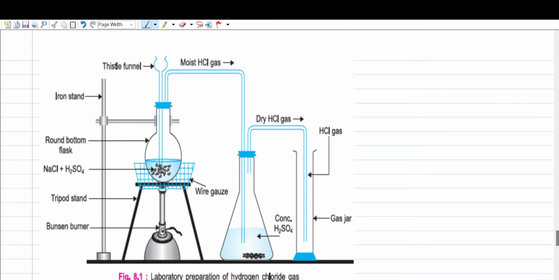So if we take up the lab preparation, the conditions are the same. We have taken sodium chloride and we have taken concentrated sulfuric acid. We have added concentrated sulfuric acid through a thistle funnel. Okay, and we keep the temperature below 200 degrees centigrade. Now what will happen? The reaction will be sodium chloride plus